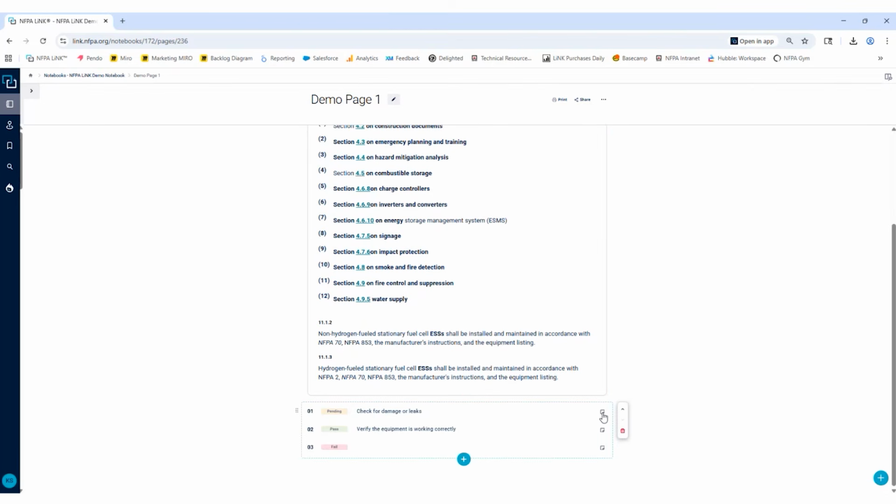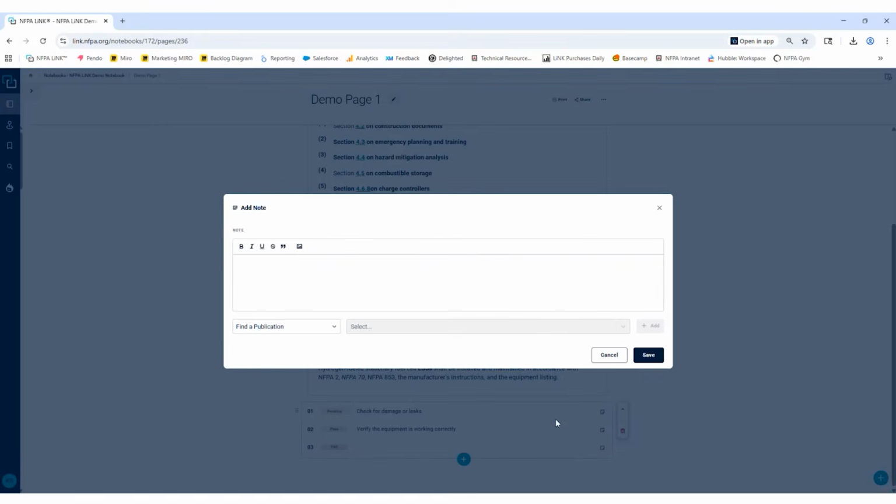I can also add notes to these checklist items. So this little icon on the right here, I can click on that, add a note. So, this one, maybe I noticed cracks and leakage. And then you could say,